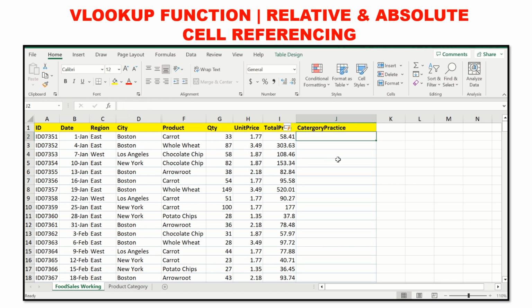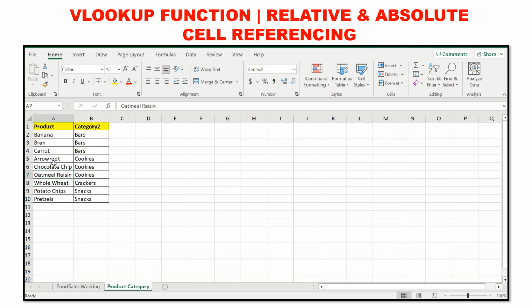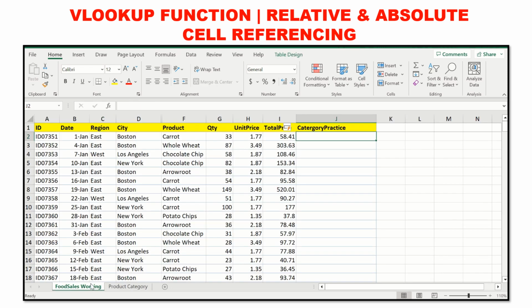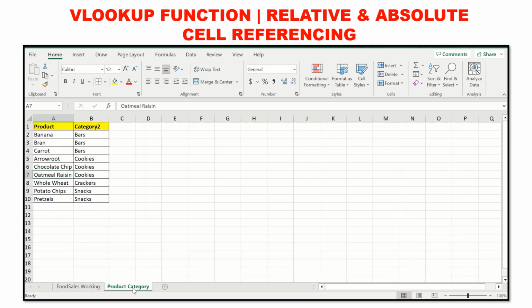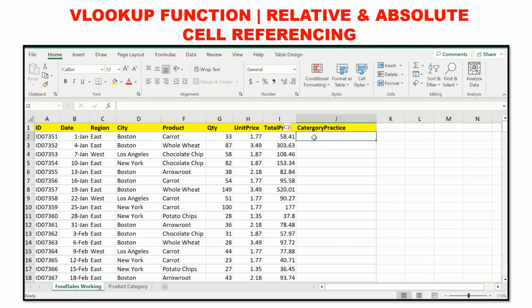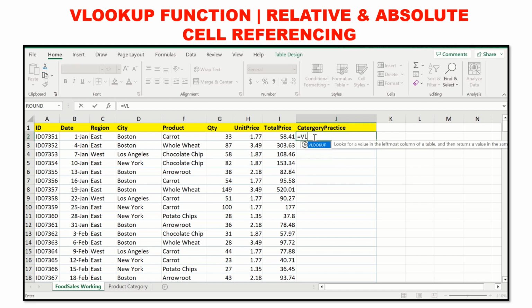And I'll be looking up, I have all my products here, so which of these products fall under which category. So this is the table, the external data. Here it's in a second sheet, it can even be in a separate window. So either way the formula will remain the same. So equal to sign, both formula and function start with an equal to sign. So equal to VLOOKUP,